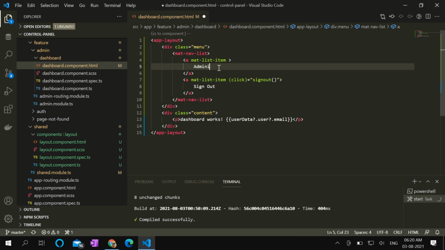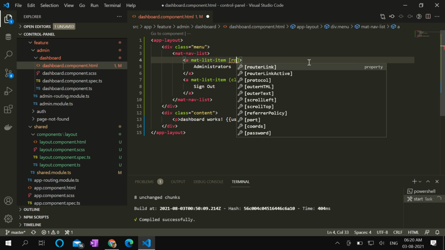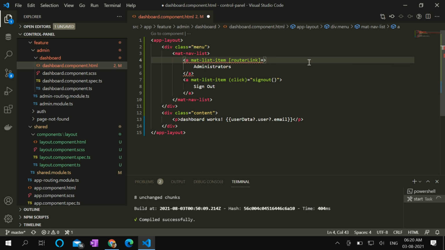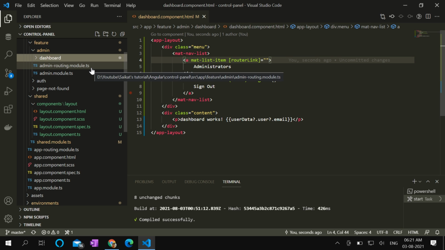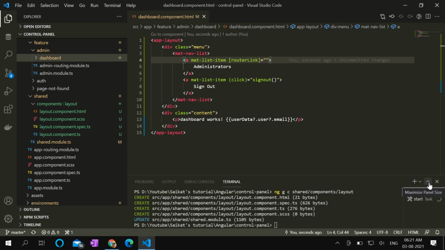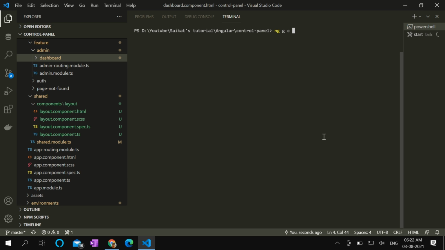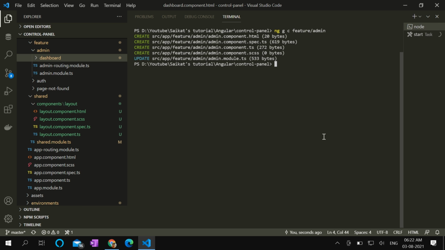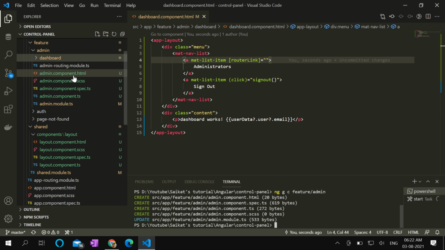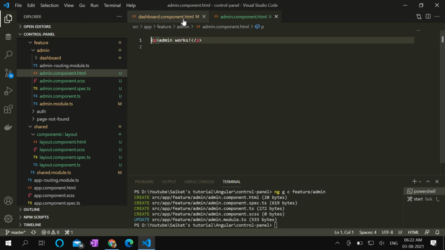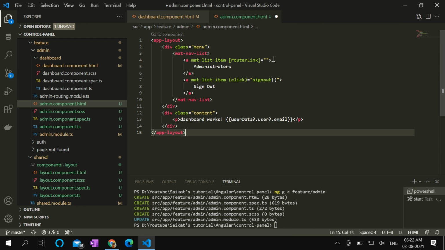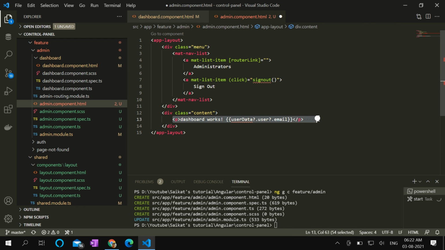We'll be doing that shortly, but before that, let's create another component under admin module from where all the routings will be controlled. ng g c feature, we can name it admin. So in this admin component, we can copy the same HTML from dashboard, and inside this content, we can put router outlet,